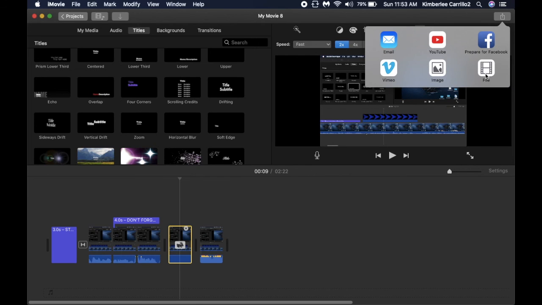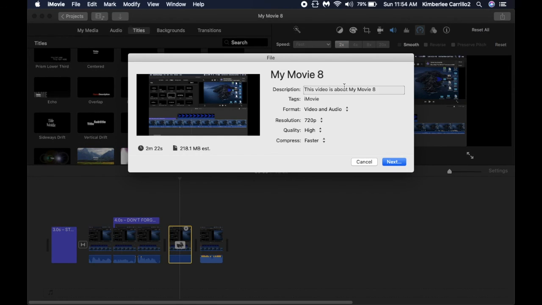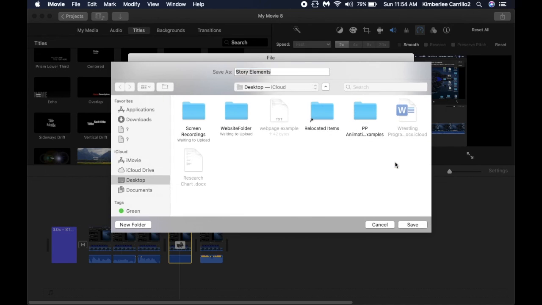Click Share and click File. You will want to give your file a name. Click Next. You again can choose where you want to save that file, and then you are going to click